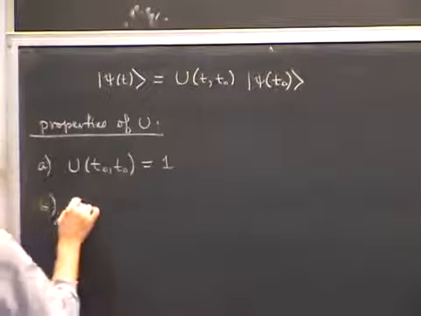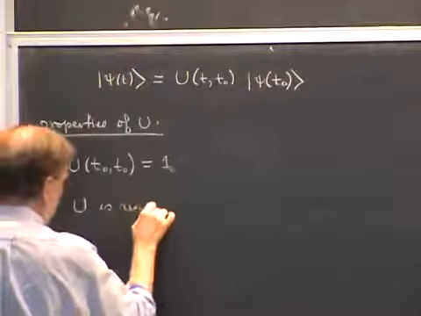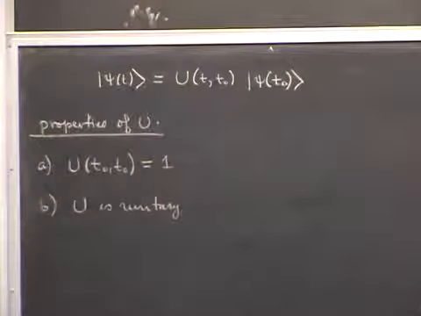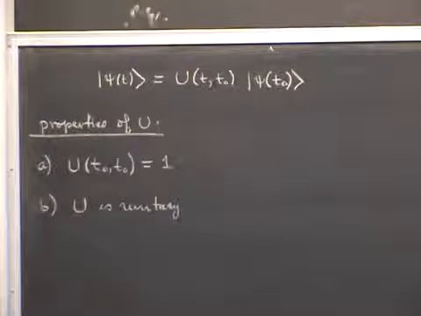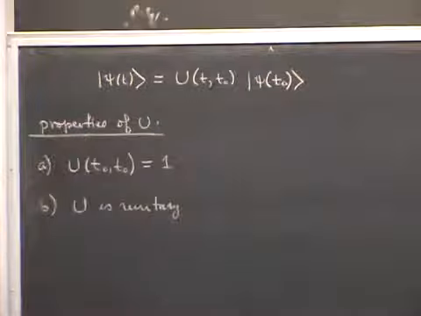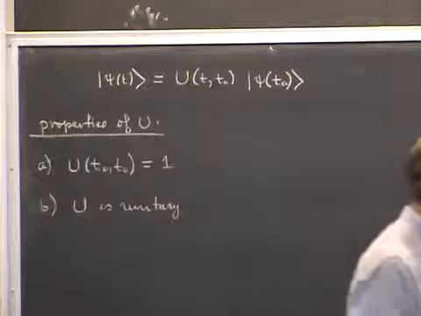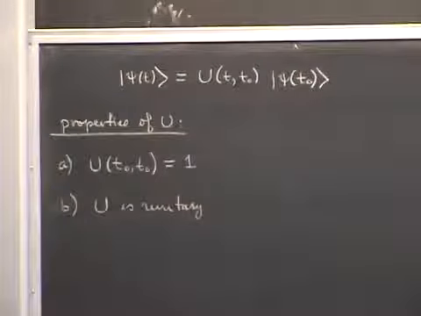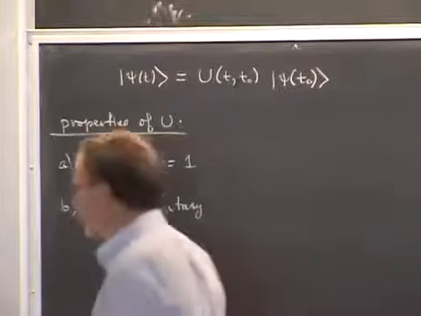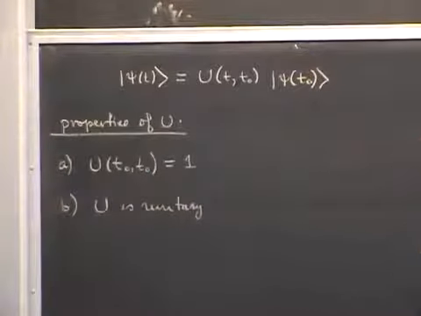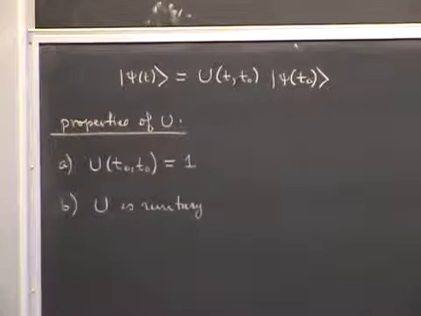The second property that we want to mention is that U is unitary. And we require this because unitary operators preserve probabilities, and this is what we expect in time evolution. If you have a particle somewhere in space with probability 1 initially, then you expect that to be true at a later time also. Well, that is, at least unless you're creating and destroying particles, which you can do in relativity theory. But in the non-relativistic theory, you don't do that, so particle number is conserved. Actually, even in the relativistic theory, probability is conserved, and so even there you have unitary time evolution.